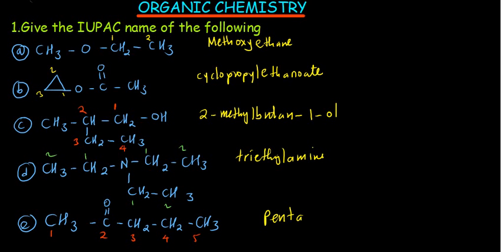So that was supposed to be pentane, but we will drop the E at the end, and then I'm going to put the position where the functional group is, at position number 2. And then what functional group do we have here? It is a ketone. So for a ketone we add ONE at the end. We drop the E at the end of pentane and then put ONE. So 2-pentanone. So that would have been